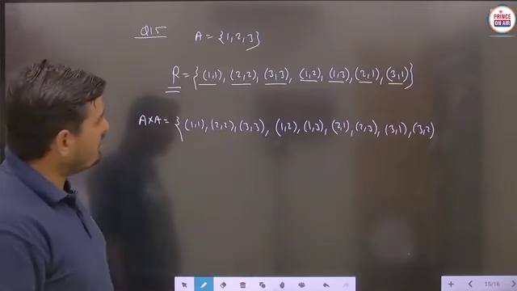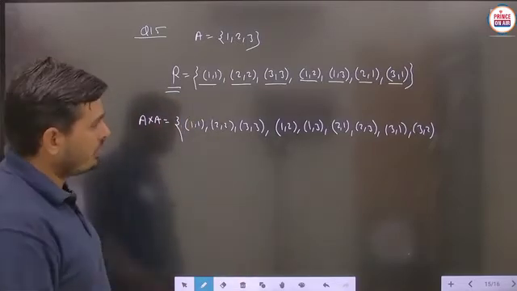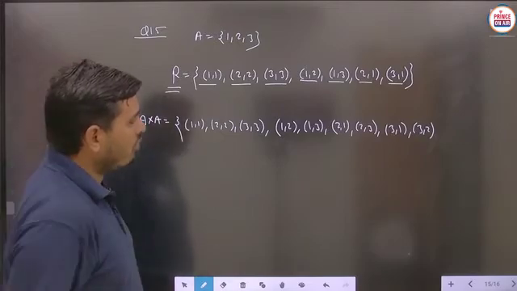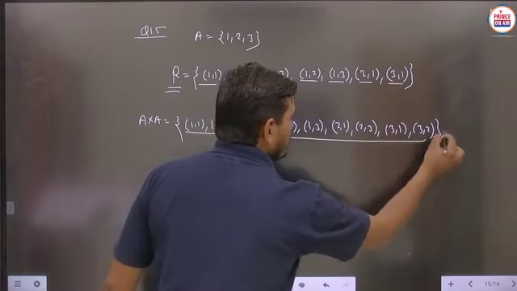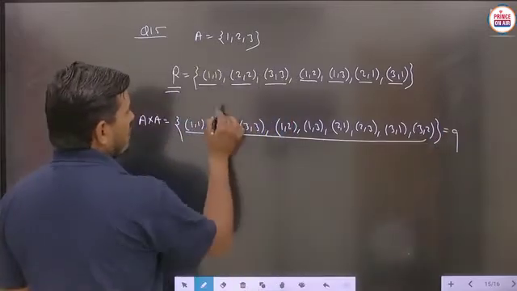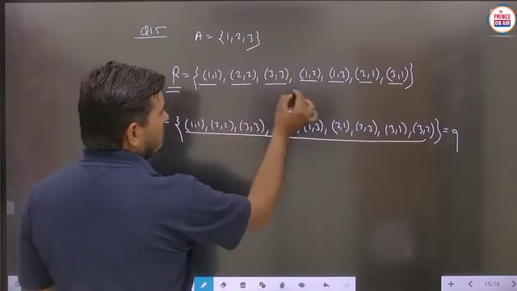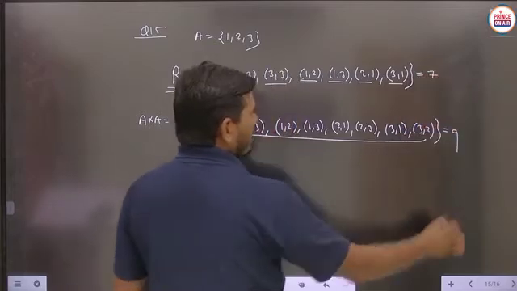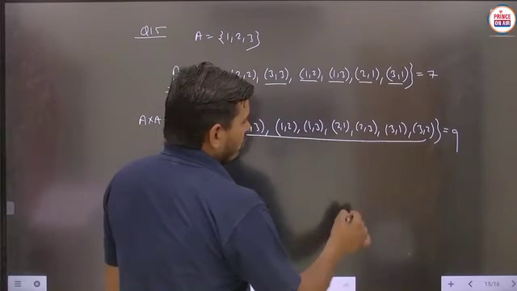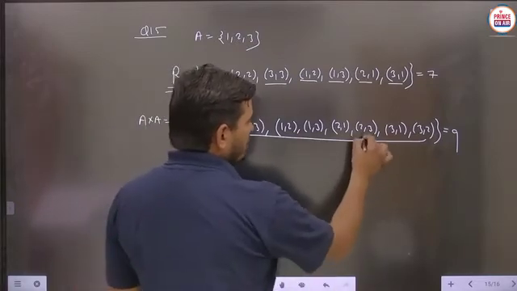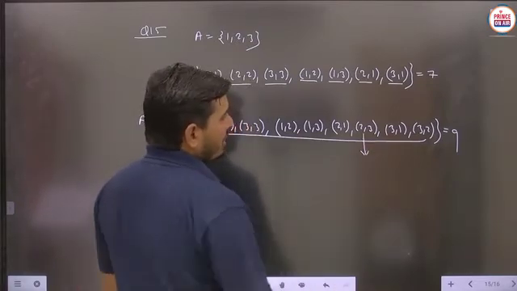Now student, it is not transitive. Then how do we check the transitive condition? The total number of ordered pairs in A cross A is 9. You can check the number of ordered pairs: you have to write 3 plus 4, so 7 ordered pairs are to be written. That means 2 ordered pairs are not to be written, and which ones are they? This particular ordered pair, 2 3 and 3 2.